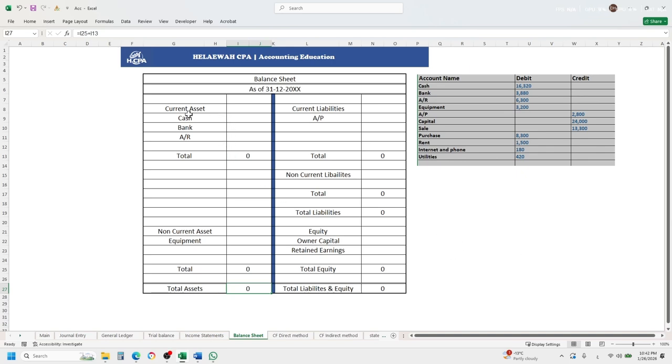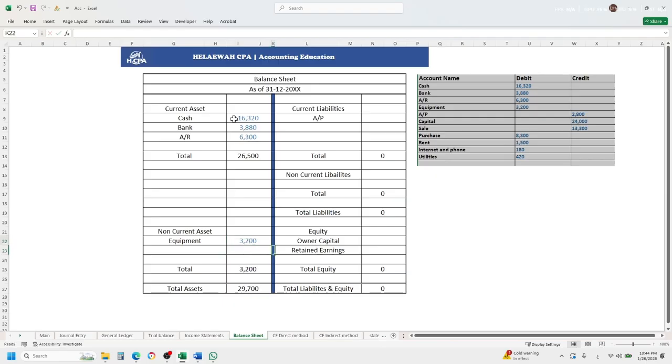Starting now from the current assets, which will convert to cash in less than a year: 16,320, 3,800. Starting with current assets, which are gonna convert to cash or are cash within 1 year or less: cash 16,320, bank, accounts receivable. And then move to non-current assets, which will convert into cash in more than 1 year, and we're gonna use them in our operation for more than 1 year,